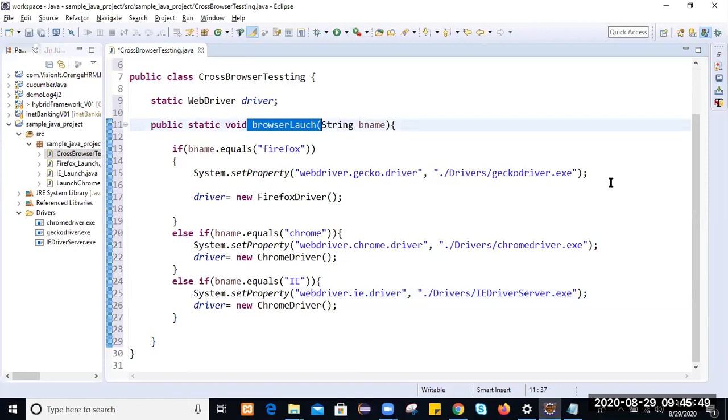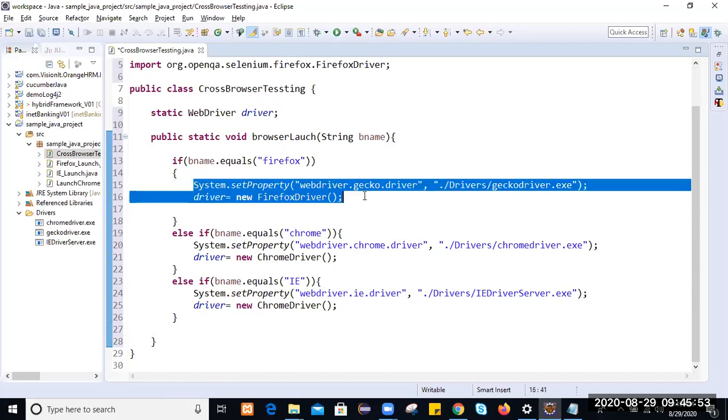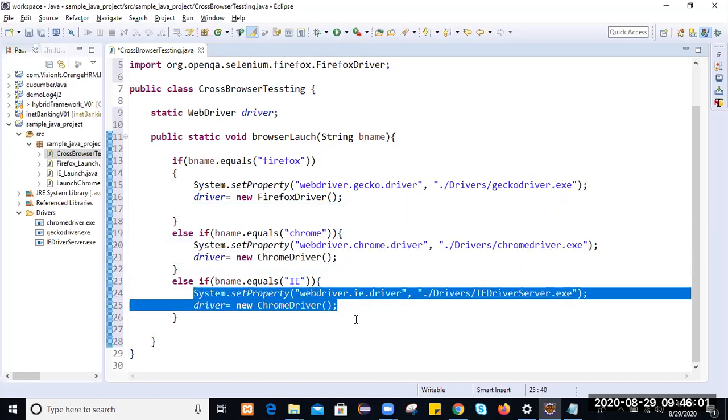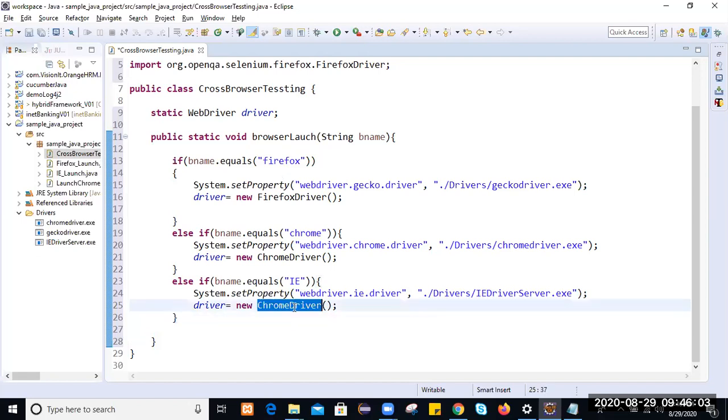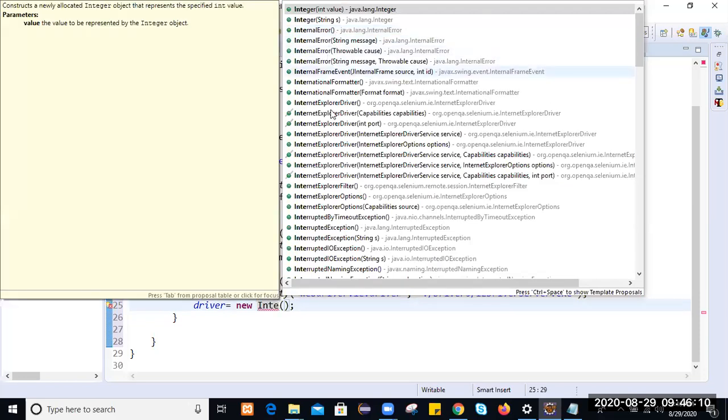If it is Firefox, then it will set up the system variable path for Firefox and launch the Firefox browser. If it is Chrome, then it will launch Chrome.